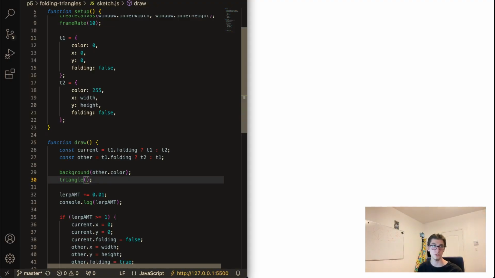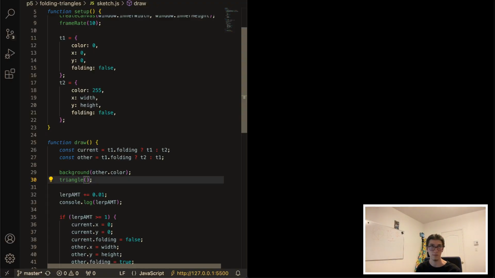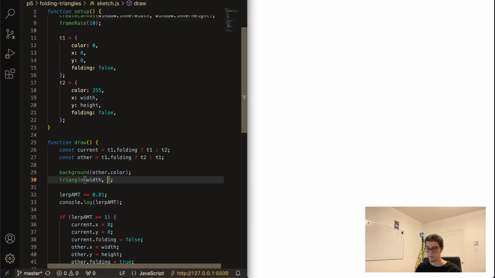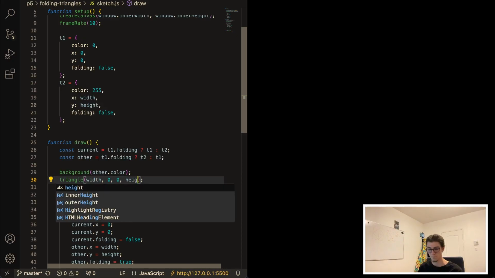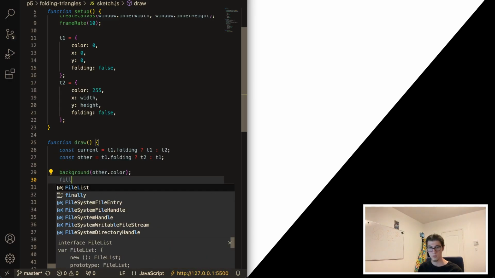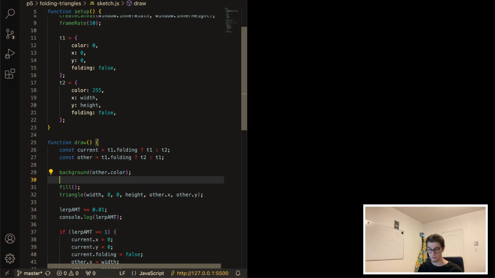So the first two, we can say they're always the same, which will be first x will be width, and this will be 0, and then it'll be 0 and then height, and then it's going to be other dot x, other dot y, I believe, and we'll do fill, and we'll do no stroke,